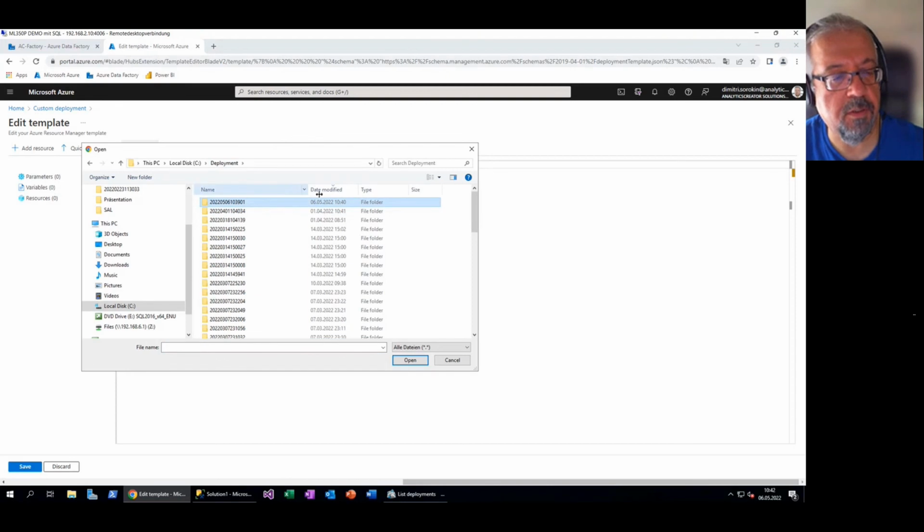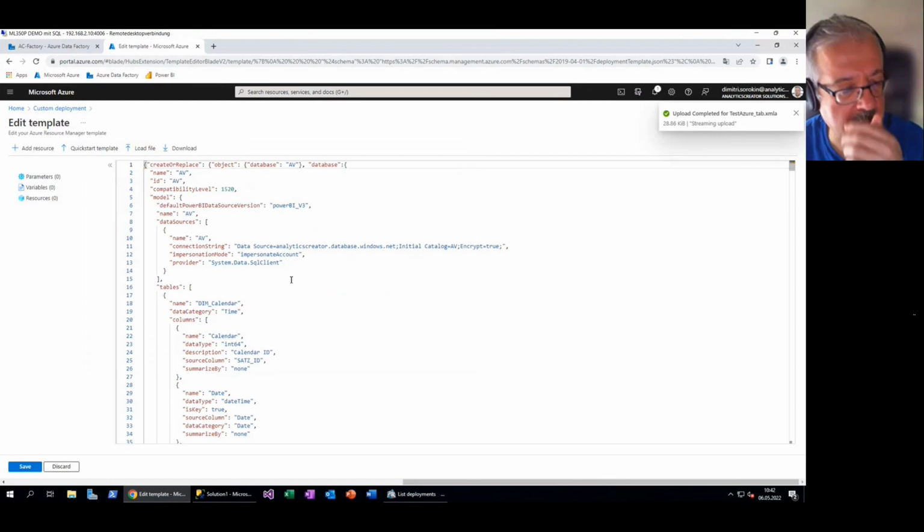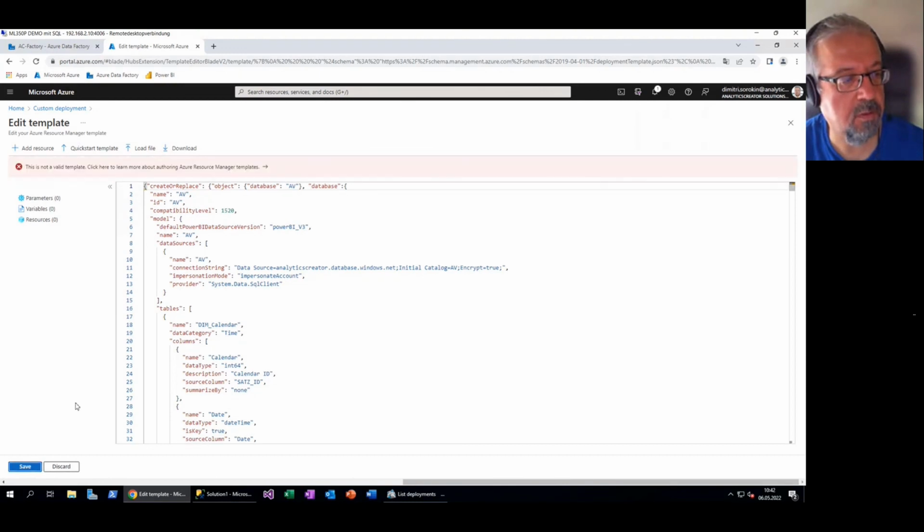Every time we create a new deployment package, a new directory will be created, and here you can see this one, Azure XML. This is the ARM template created by AnalyticsCreator, and we have to save